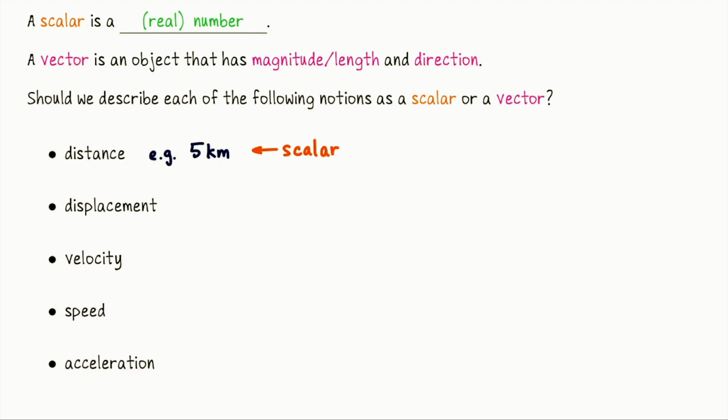On the other hand, displacement describes how an object moved. We don't use the notion of displacement in conversation as much as we do distance, but if I say that I've displaced something, the idea is I've moved it a certain amount in a certain direction. So in physics, whenever we talk about displacement, we're talking about not just how far we move something, but in what direction. For example, you could move something 10 meters southeast. That makes displacement a vector quantity.